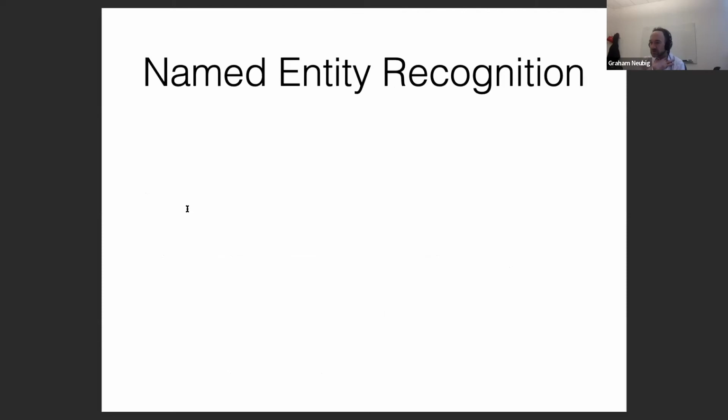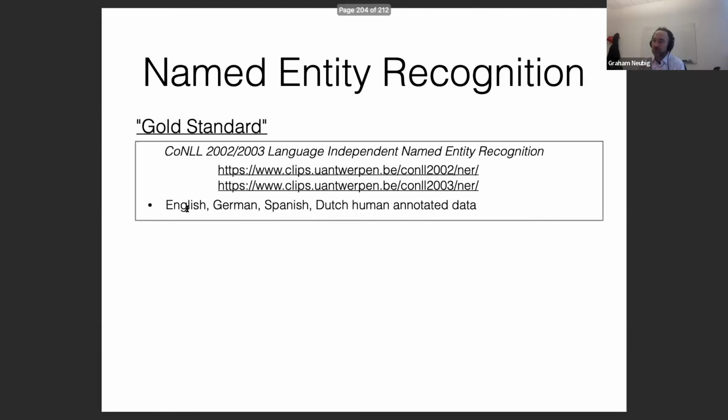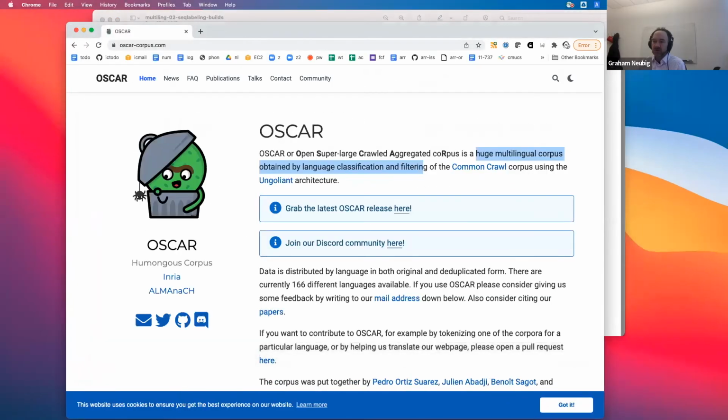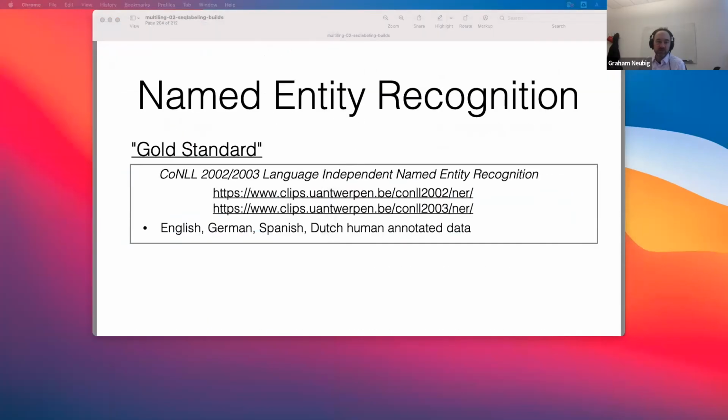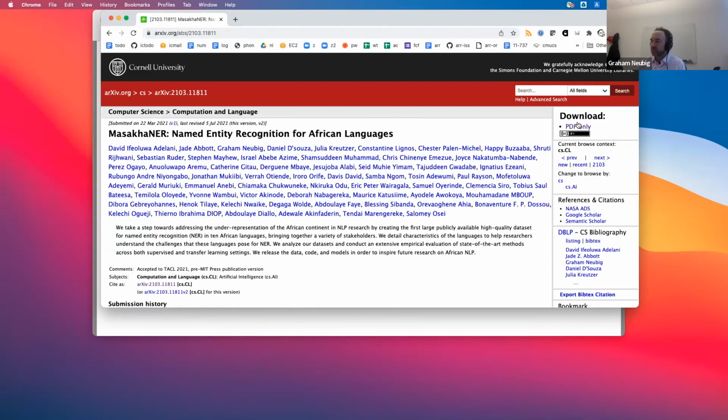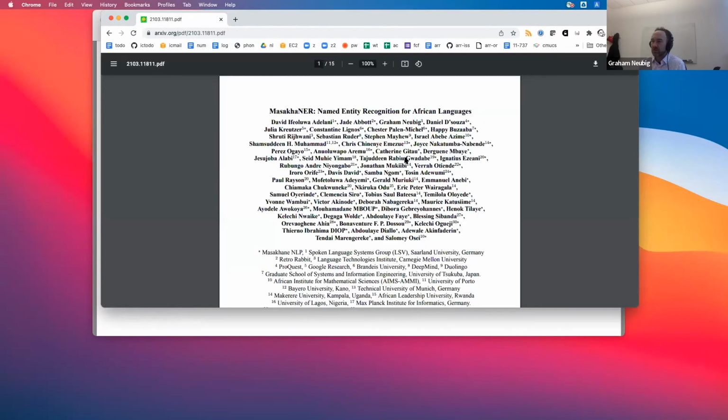So named entity recognition, this is what we're going to be doing for the assignment. And there are different types of named entity recognition data sets. There's a gold standard data set from CoNLL 2002 and 2003 on language independent named entity recognition. This is in English, German, Spanish, and Dutch with human annotated data. I actually forgot to add one that I just remembered that just came out. I helped out with this a little bit. It's a named entity recognition data set for African languages called MasakhaNER,